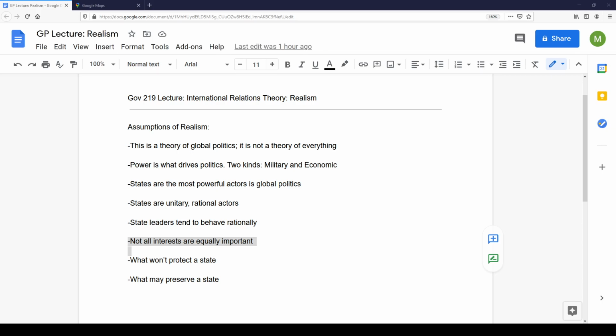It's pretty easy to talk about a continuum of national interests in the abstract. It is very difficult to talk about them specifically, because what might be a core issue for one state may not really matter to another state. So it's hard to say that there are many categories that are always going to be core interests, or always going to be intermediate interests, or are always going to be preferences. It's going to depend on the state. It's going to depend on the circumstances surrounding the state as well.